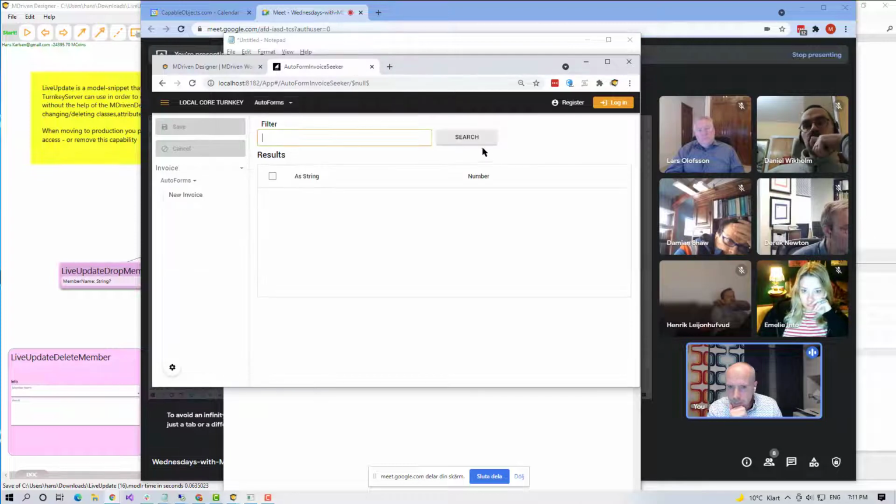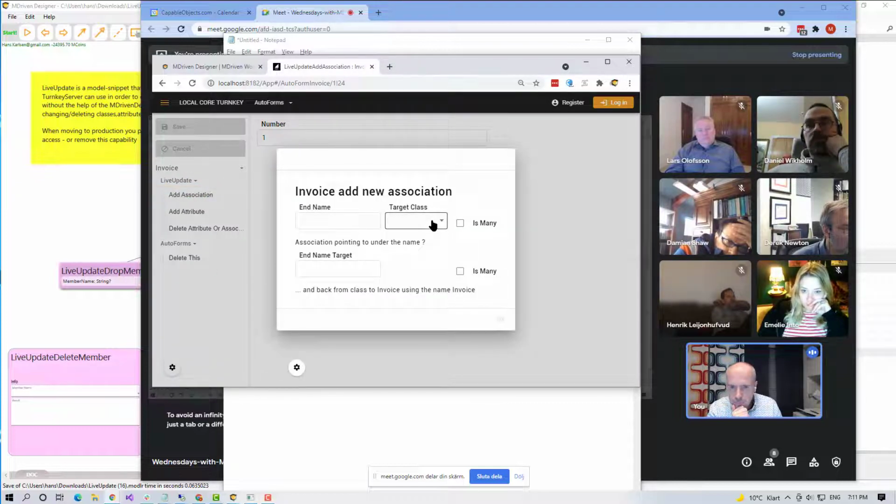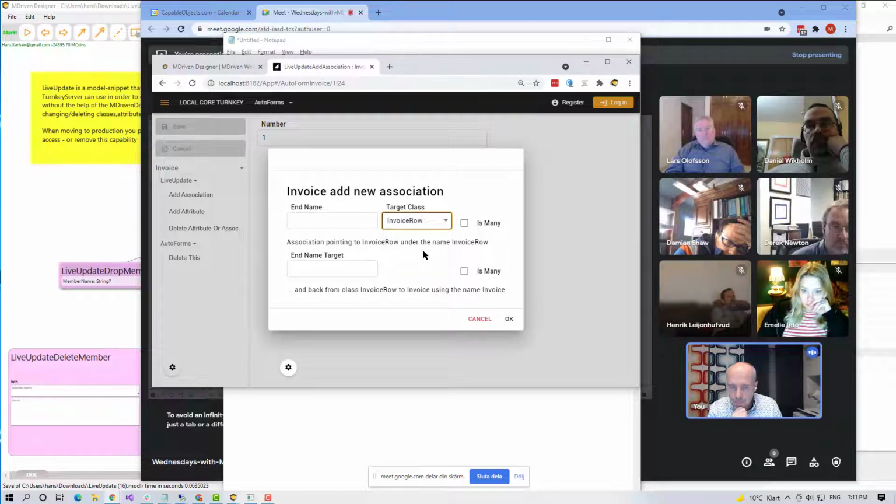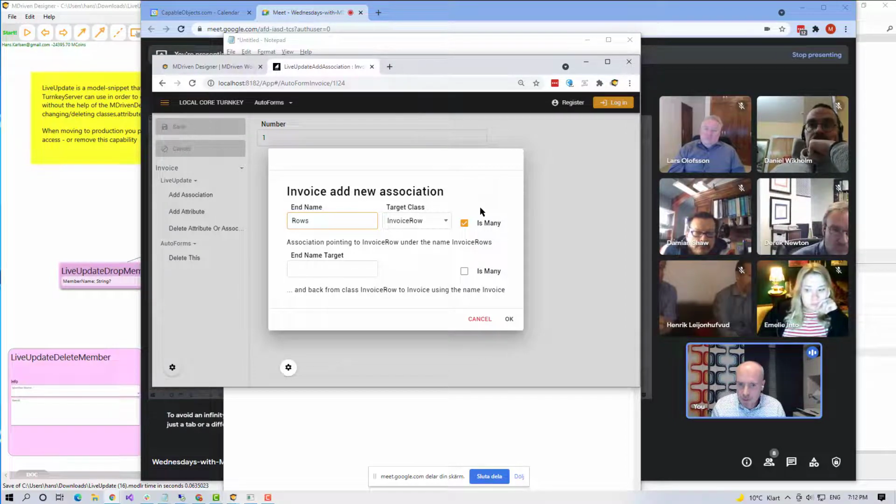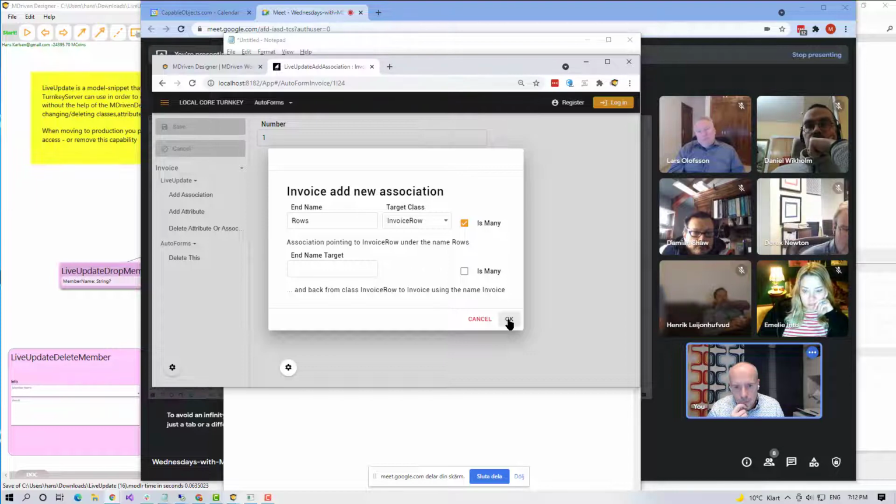So now we have item there. But if we go back to the invoice and add an association. So what's the target class for the association? Well, the invoice row maybe. Quite a few options, but let's state it. It's many. It can be many rows. So the target class is many, and then association pointing to invoice row under the name invoice rows, it says here. If we want to give it another name, we can do that by just entering it here, and then it would say association pointing to invoice row under the name rows, and back from class invoice row to invoice using the name invoice, and that would be okay, I guess. So I okay that,